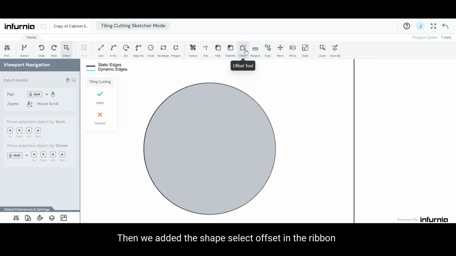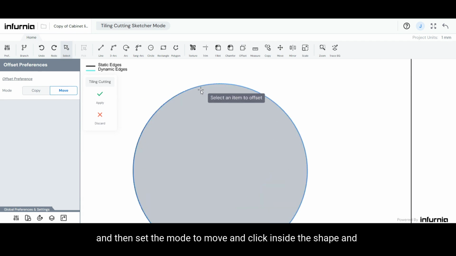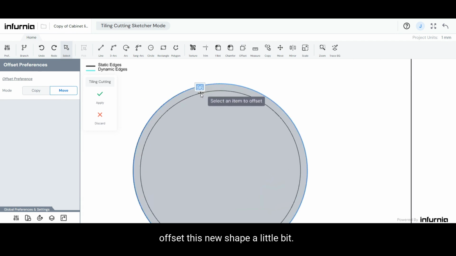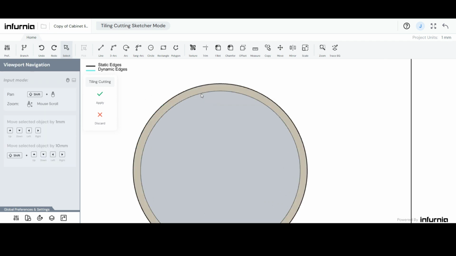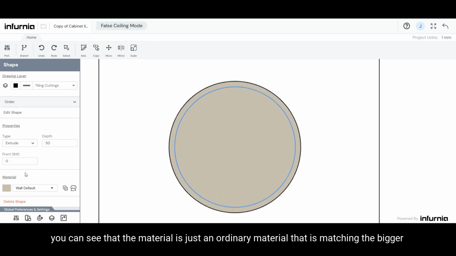select offset in the ribbon, and then set the mode to move and click inside the shape and offset this new shape a little bit inside the original shape. We can type in the offset distance, let's say 100 mm, and click once and select apply. Now, when you select this shape, you can see that the material is just an ordinary material that is